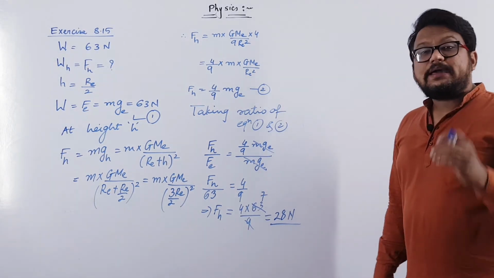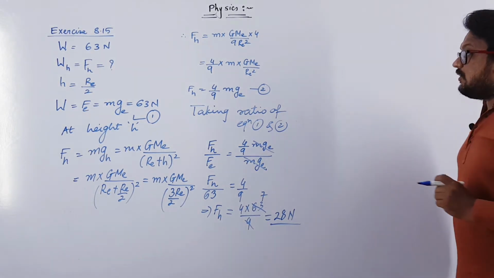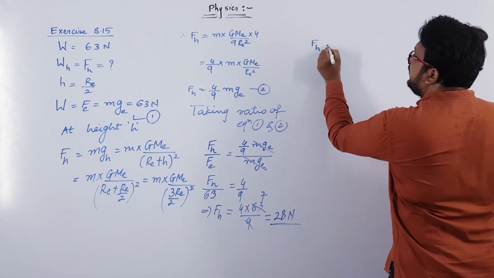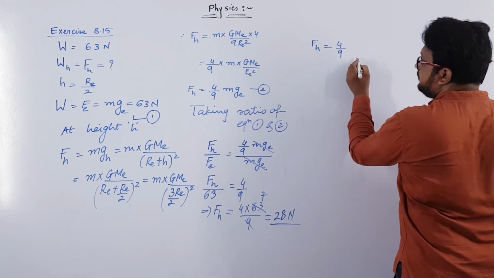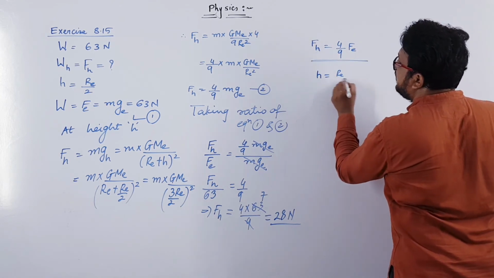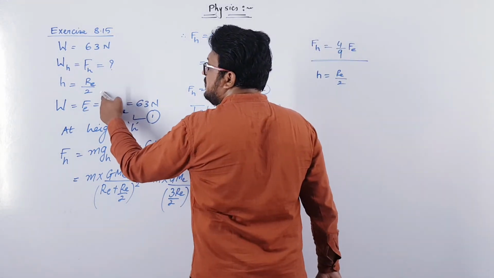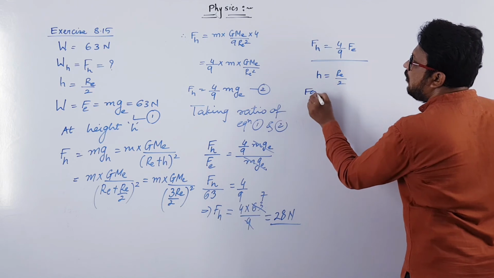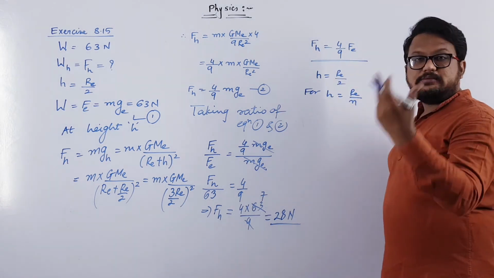Look, the same example can be asked in the form of an MCQ for 1 mark. So in that case, you can easily remember a shortcut trick. If you simplify this equation, you can say that force at some height will be equal to 4 by 9 times F_E. But this condition is valid only if h equals Re by 2. Instead of Re by 2, let us take Re by n. If the same example has h equal to Re by n, at a height equal to Re by 3, Re by 7, something like that,